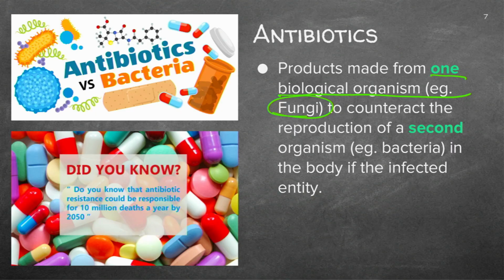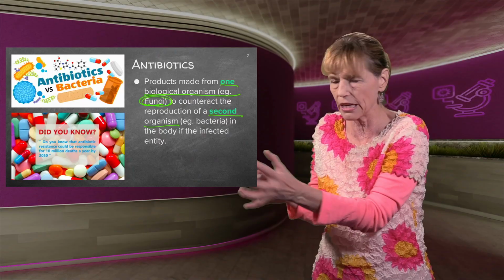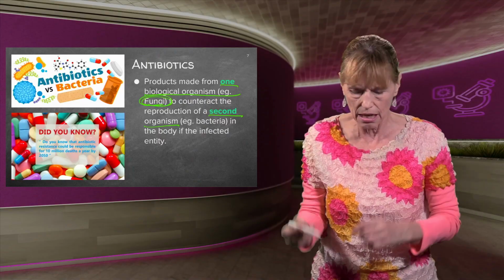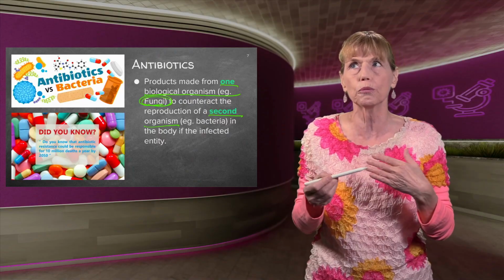Okay, so what we are doing is we are taking a fungi, and we are taking the spores of the fungi and we're manipulating them into a certain product, that we then put into the body of an animal, whatever it is, to attack another organism, the bacteria. So that attacks a second organism. So that is manipulating something to help, once again, the human survive, and it would be all organisms.